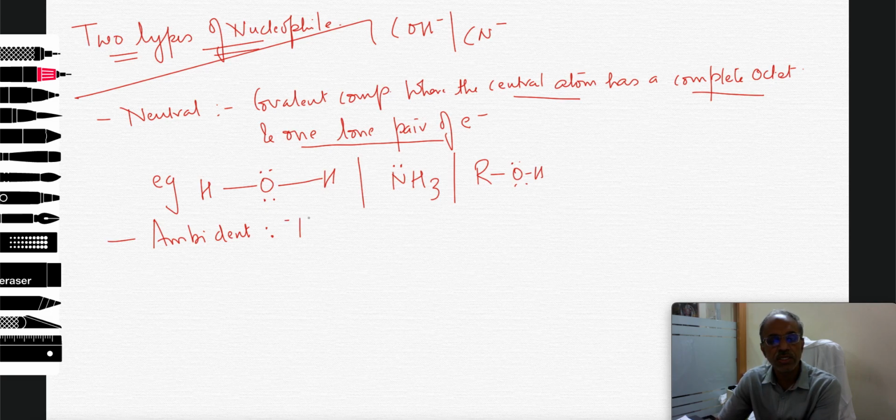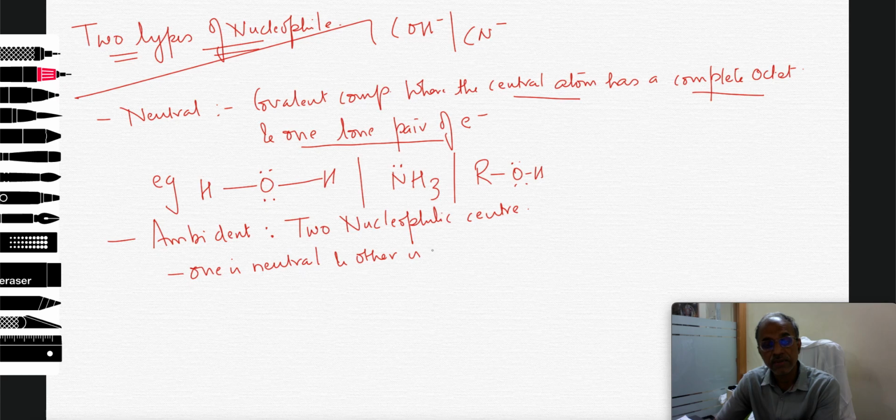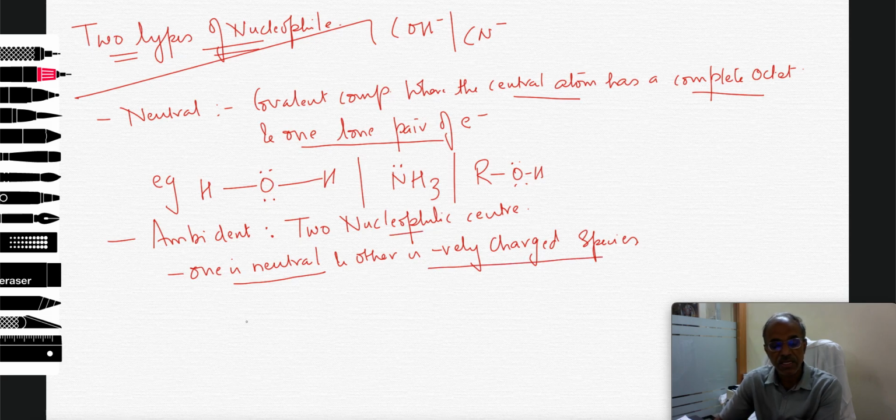Ambident nucleophile means it has two nucleophilic centers, of which one is neutral and the other is a negatively charged species. Example,